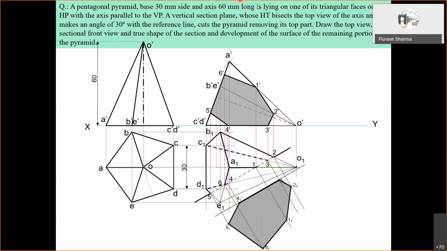So I'm stopping here. So I had a doubt, like if in cone